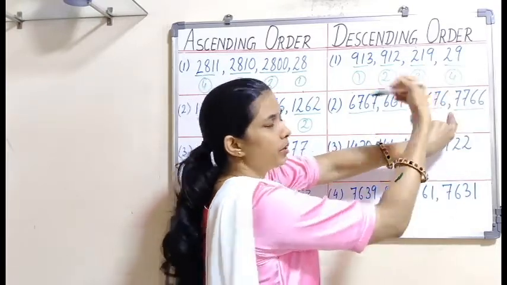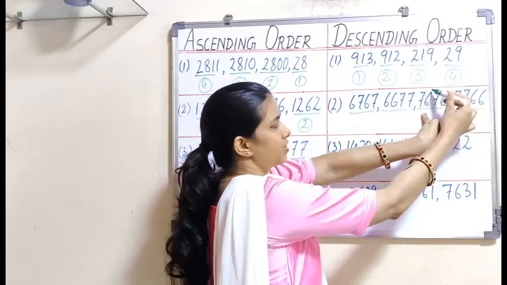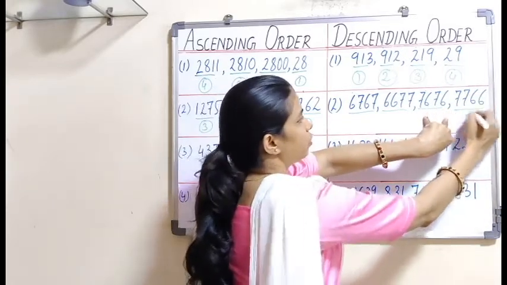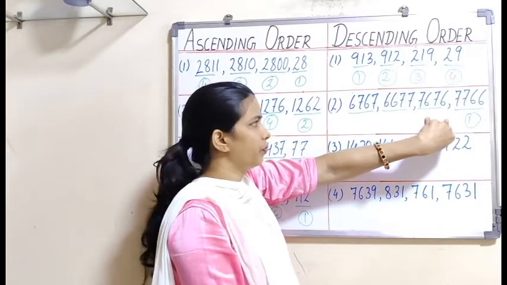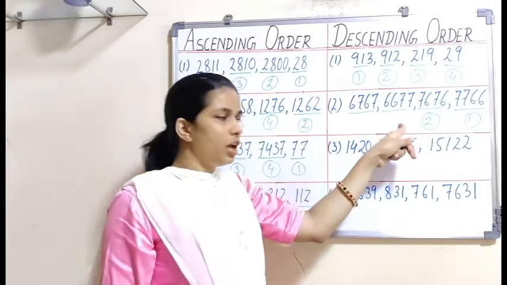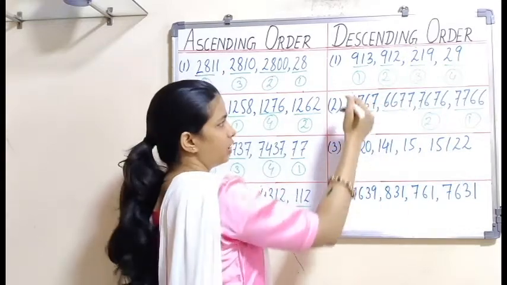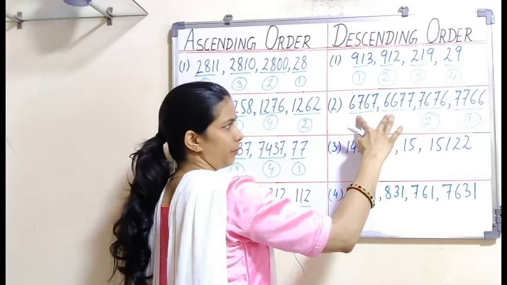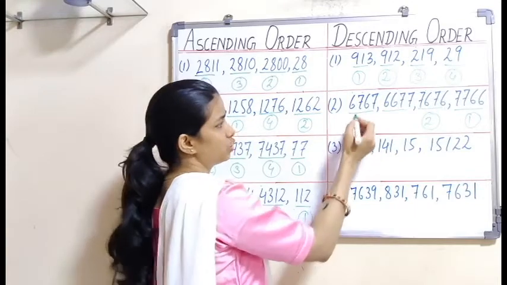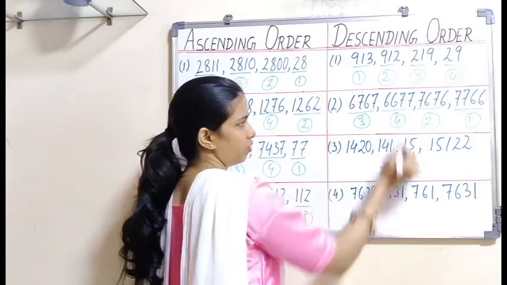Now we compare the next digit in these two numbers. The next digit is 6 here and 7 here. So 7 is bigger, so we'll number this as 1, and then 6 as 2. Now we compare the next two numbers. How do we do that? We compared the first digit already. Now we are going to compare the next two digits. The next digit is 7 and here we have 6. Obviously 7 is bigger. So I'm going to number that as the next number after this, which is 3, and this as 4.